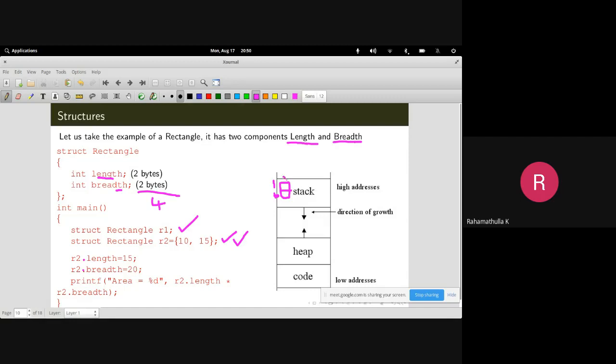If this is R2, initially the length was 10 and the breadth was 15. Now you change it, then in the stack section it will be changed. You can access the elements like this: area of rectangle is R2 dot length into R2 dot breadth.